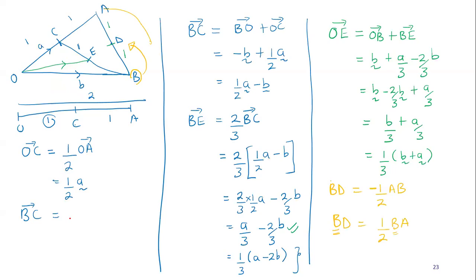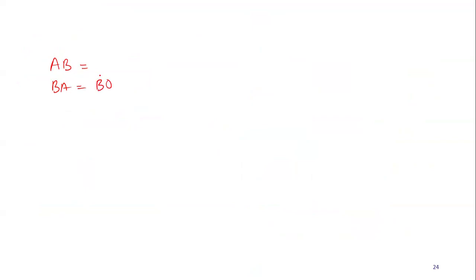BA you have said is equal to OB. Now, can you move us very well? When we are finding BA, where do we start from? We start from B. Remember, you want to reach A. So we can move from B to O, then from O to A. Very good. So we shall say BO plus OA.